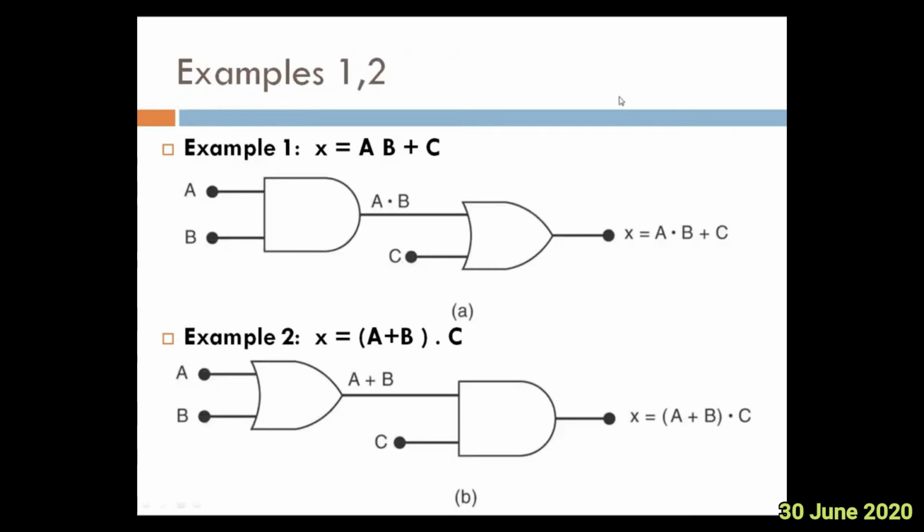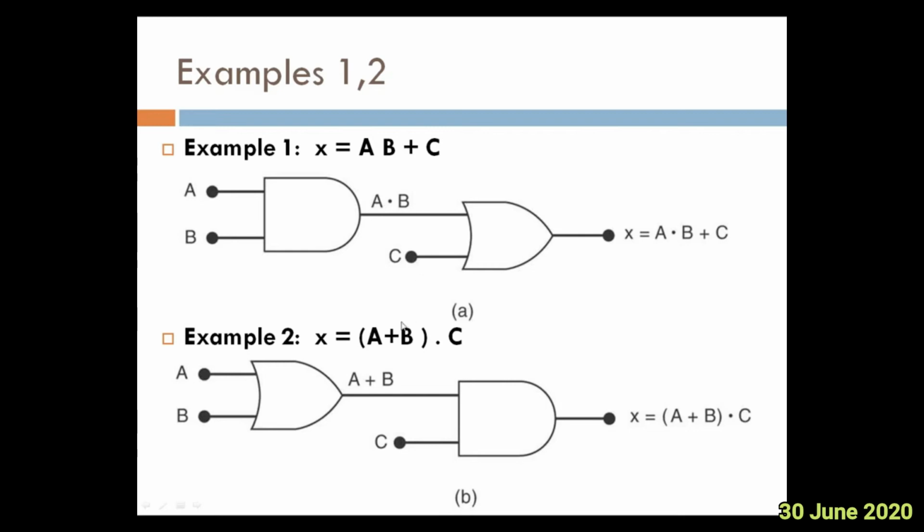For your examples 1 and 2. First one is AB plus C. The moment you see the expression, you can decide first of all how many gates are required. One gate is required to form AB and another gate is required to OR it with C. Therefore AB using an AND gate, see A and B, product is AB, that is to be made OR. OR gate here, that A dot B is added with C. That's how one AND gate and one OR gate are required to represent the expression AB plus C.